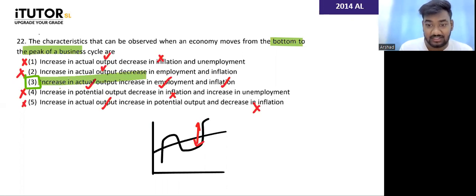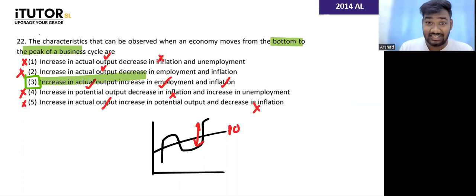Number 5 is wrong because you can't say decrease in inflation. It's an increase in inflation, right? During this. Okay. Anything else? We usually don't talk about potential output, right? But one thing that you can say is that potential output is upward sloping, guys. So with time, potential output will increase. So what you can say, to some extent, not most correct but safe, rather than saying decrease in potential output, given that potential output has an upward slope, is that you can somewhat say that.